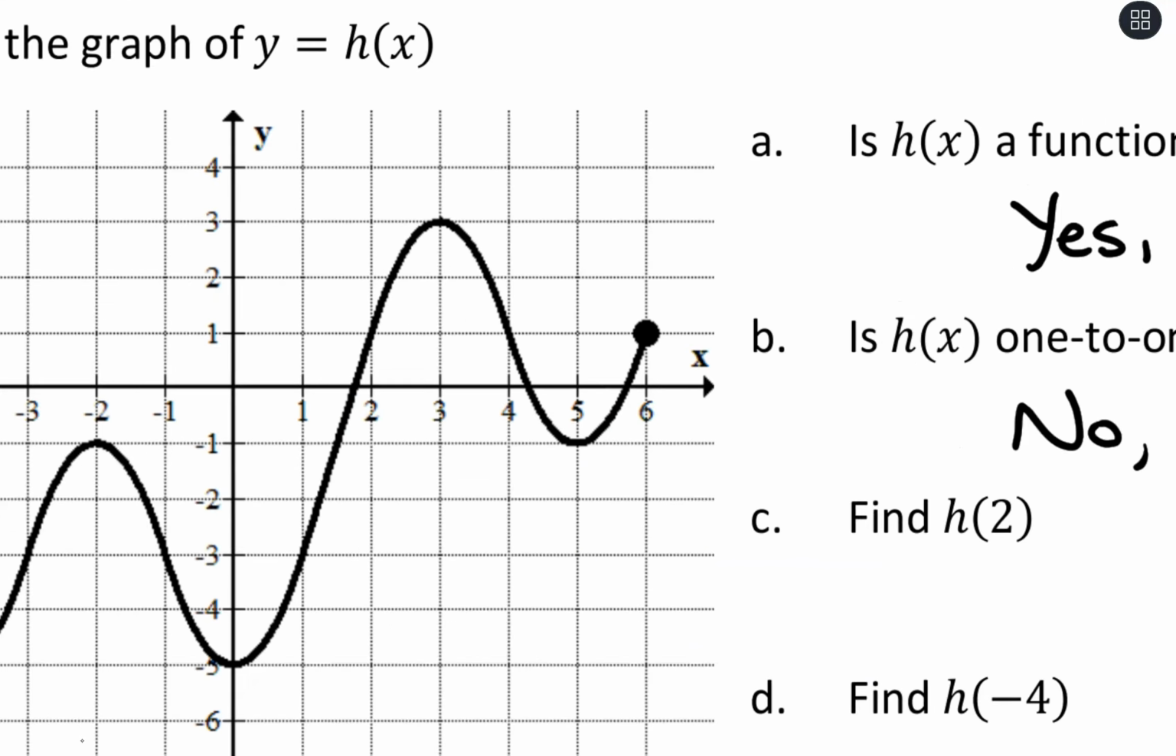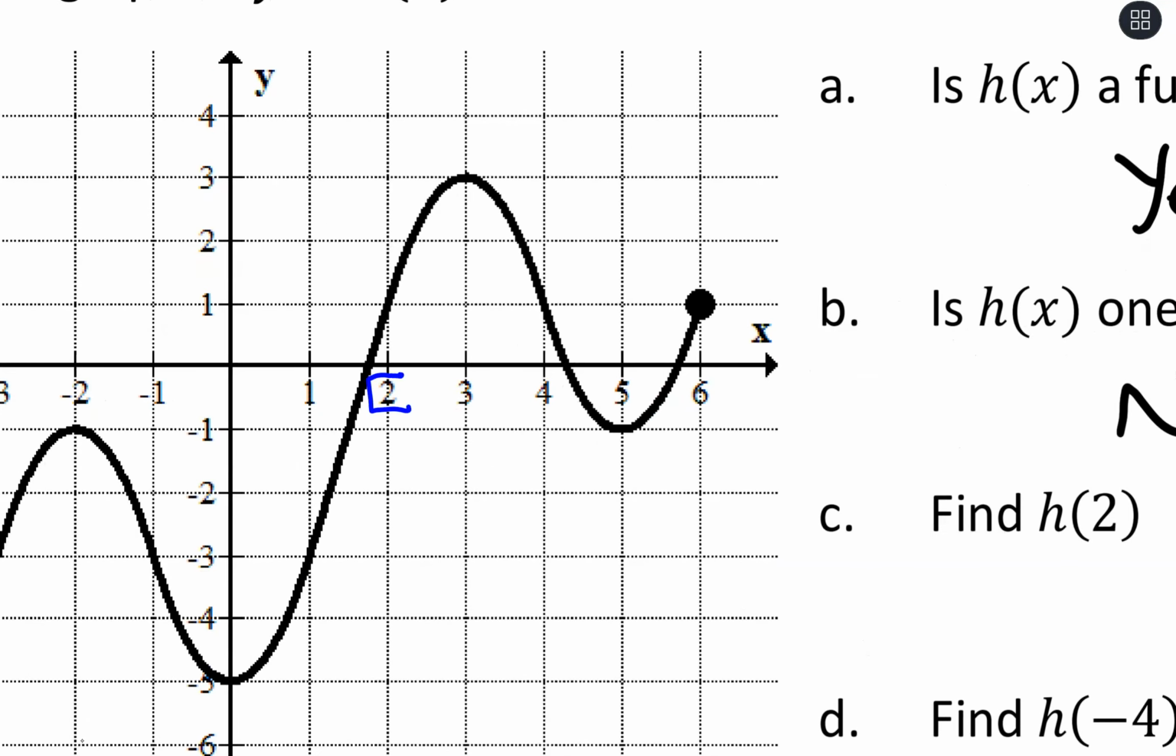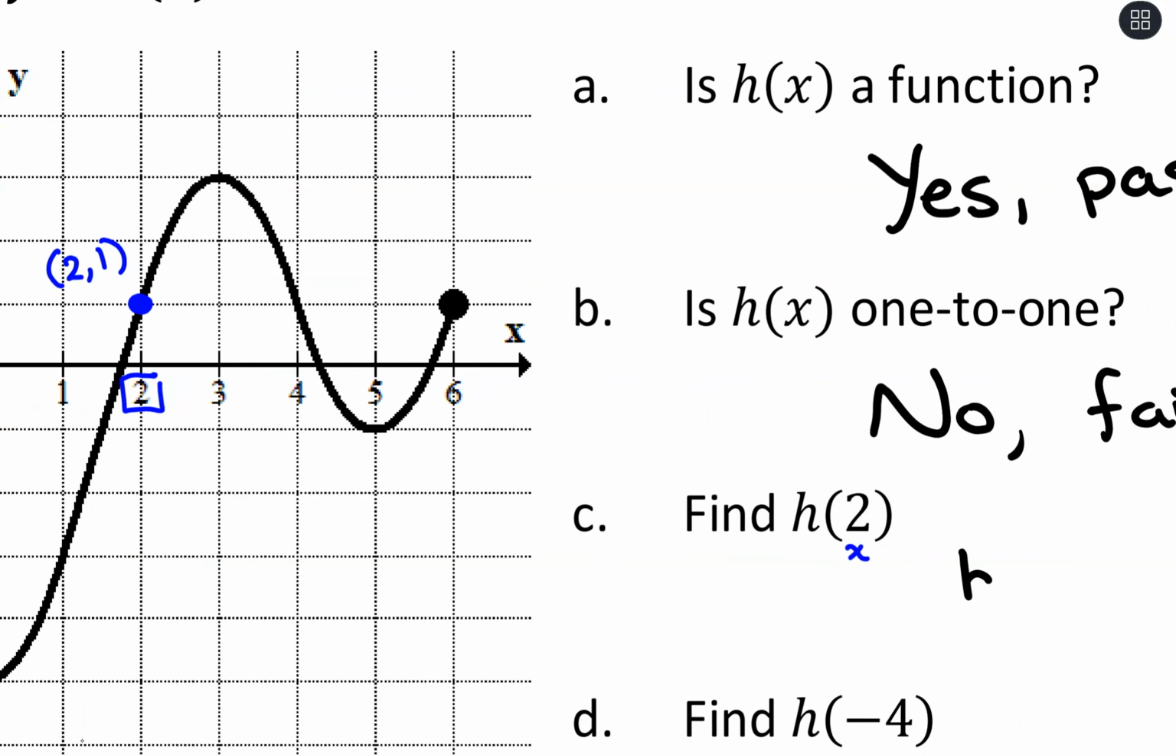Finding h of 2, what we're going to do is go to x equals 2, because that's what they're giving us, and we want the y coordinate. So right here we have this coordinate (2, 1). So if I want to know the output at h of 2, the output value is that positive 1 coming